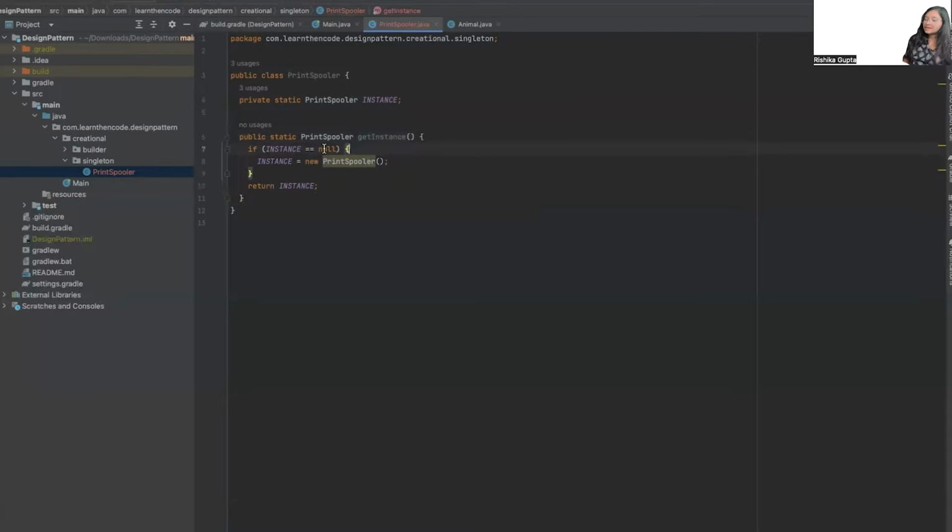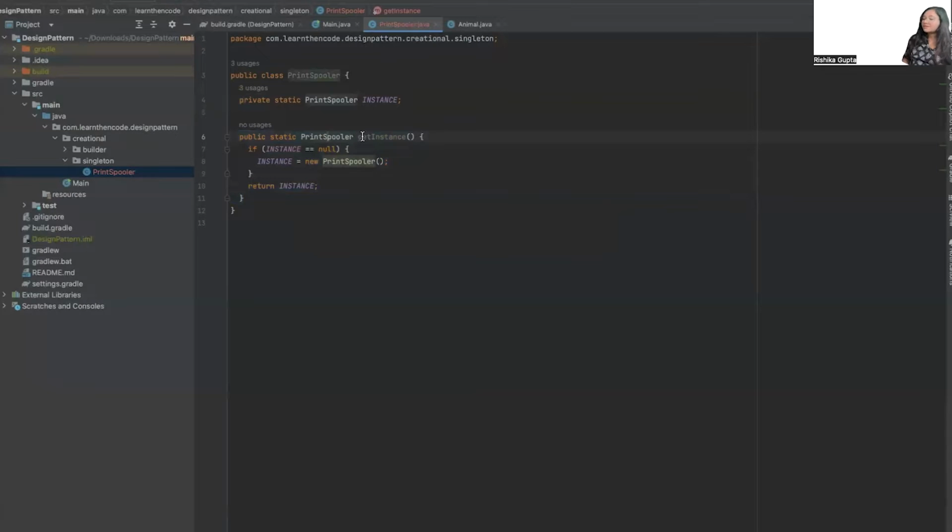Now in this we are going to say if the instance object is null, that means अभी तक हमारे इस क्लास का कोई भी ऑब्जेक्ट अगर क्रिएट नहीं हुआ है, then create a new object using new. Otherwise you can return the existing object. So इससे हमने क्या इंश्योर किया, if we already have an object of this class, we will use the same object without initializing another. And if we do not have the instance of this class, that means हम अगर first time पे इस class का object बनाने की try कर रहे हैं, then we can create this. तो ये हो गया हमारा very simple form of singleton pattern.